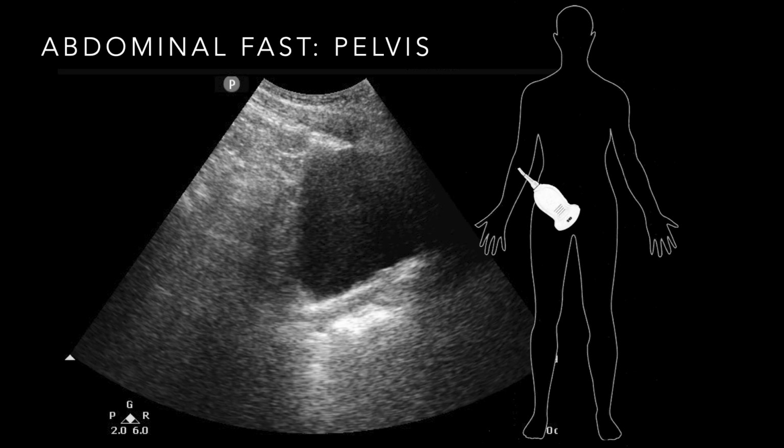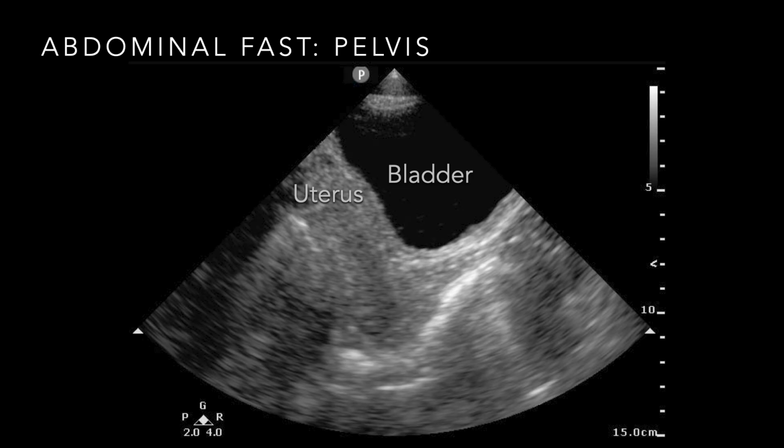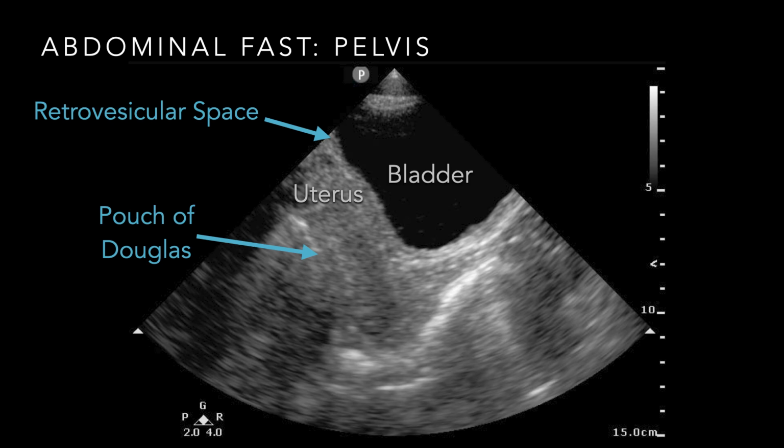I like the sagittal orientation of the pelvic window because it gives you a nice view up into the peritoneum, right? And we're looking for, in a female, a bladder and a uterus, and look for fluid surrounding that uterus. And in the male, obviously, we're looking for just the bladder and the fluid above or cephalad to that bladder, right? And the place where it's going to collect is going to be in this retrovesicular space, or the pouch of Douglas, anterior to the rectum,